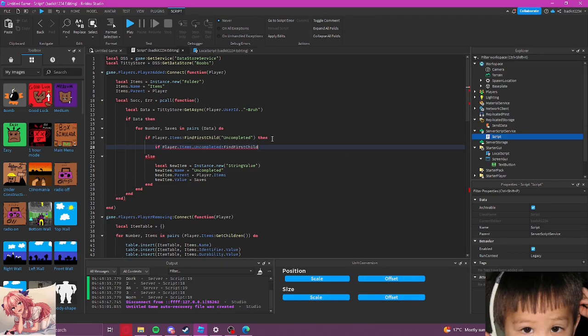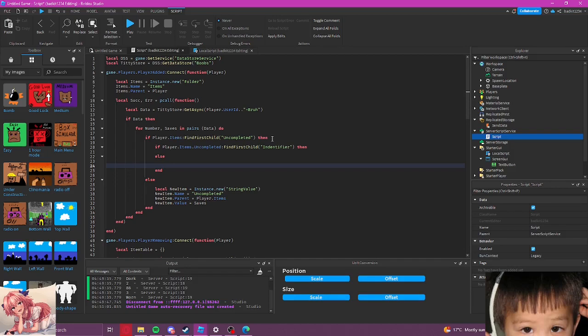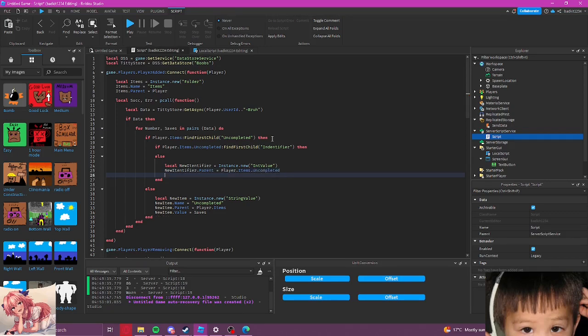We have the identifier. So identifier. Then obviously we're just going to have our else right here. Boom. Local newIdentifier equals Instance.new IntValue, and then newIdentifier.Parent equals player.Items.Uncompleted, and then newIdentifier.Name equals Identifier.